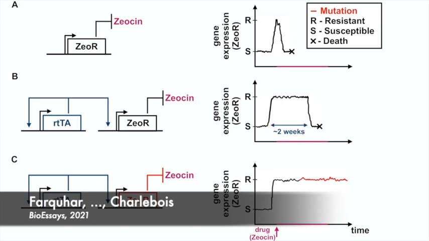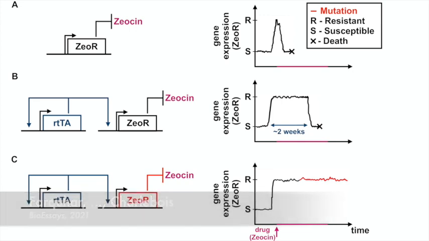ZOR is a gene that promotes resistance to the antibiotic zeaxanthin. Part A of this figure shows that random fluctuations in the expression of ZOR can result in the cell temporarily moving from a drug-susceptible state S to a non-genetically drug-resistant state R before succumbing to the effects of the antibiotic. Part B of this figure shows that when ZOR is modulated by a positive feedback gene network, this non-genetically drug-resistant state is prolonged before the cell ultimately succumbs to the effects of the antibiotic zeaxanthin.